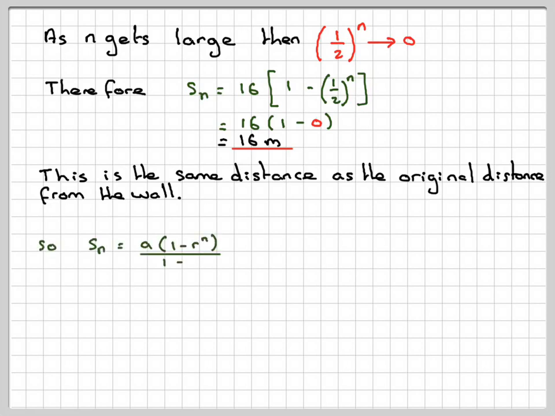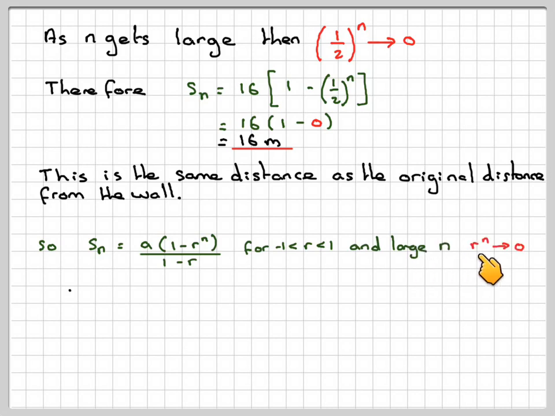So if we now look at this with the general formula, the condition for a geometric series to converge is that r must be between -1 and 1, i.e. a fraction. It could be negative or positive, but it must be between -1 and 1. And for all other values, except 0, it will in fact diverge. So you cannot use what's known as the sum to infinity.